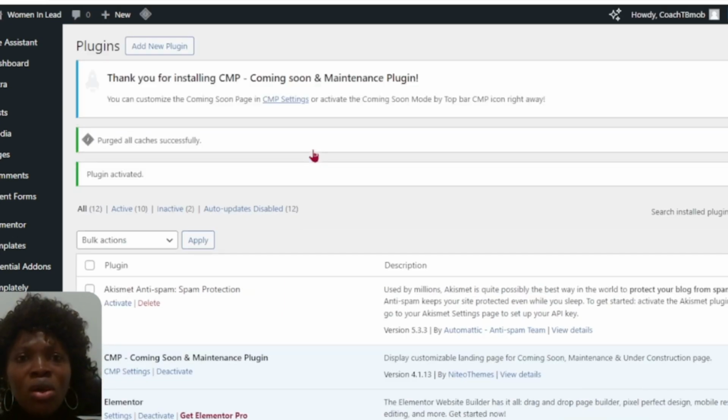Good. So now you can see it's telling us thank you for installing CMP, which means the meaning of CMP is a coming soon and maintenance plugin. Now the next thing we want to do is customize your CMP plugin in the CMP settings. So you can either click on the CMP buttons,